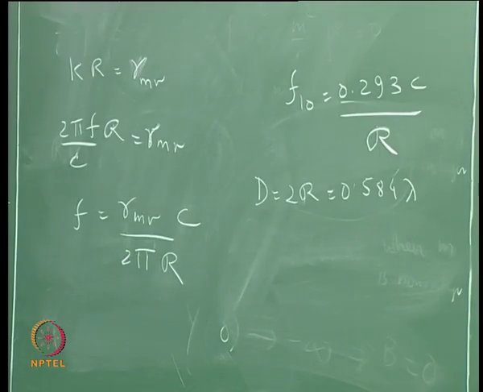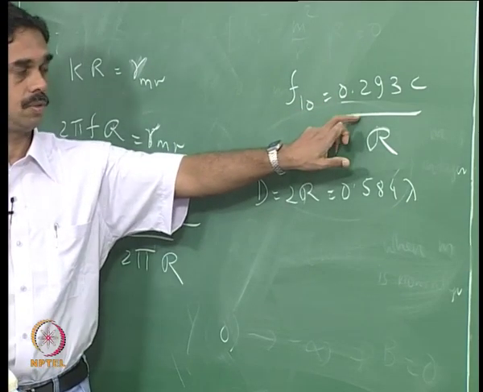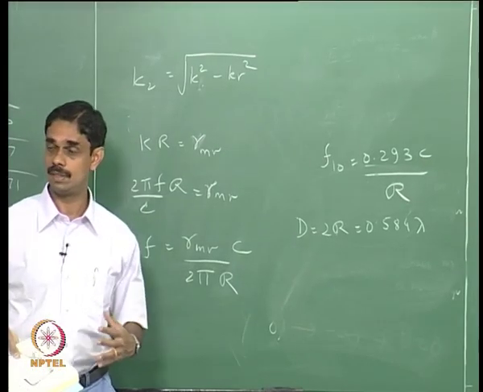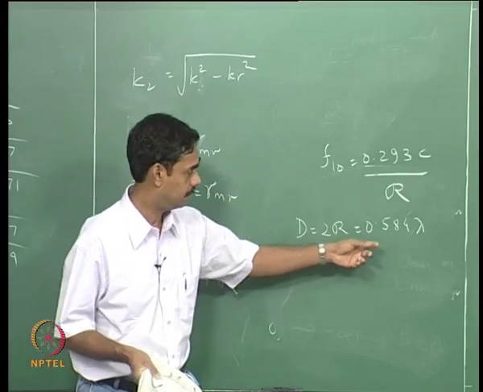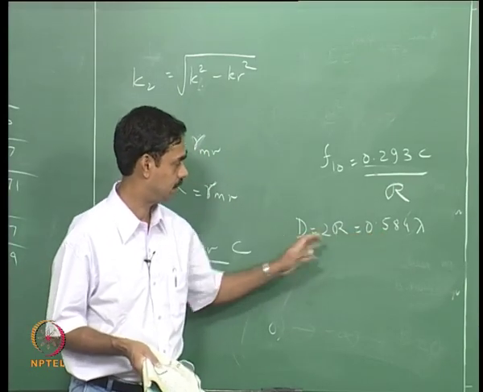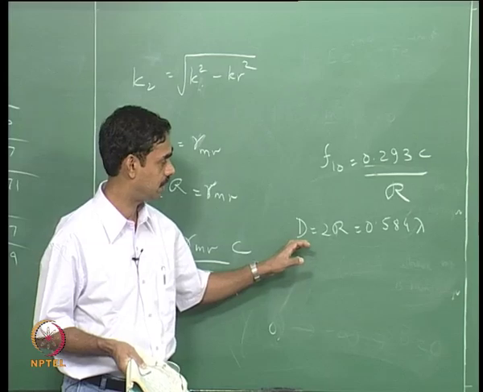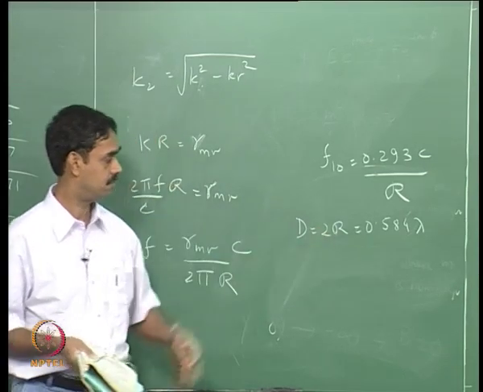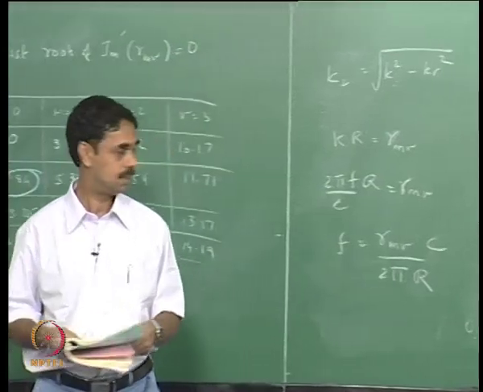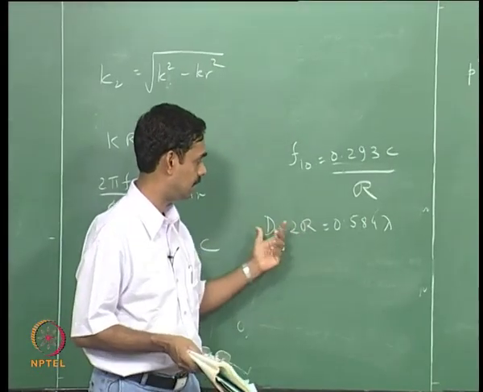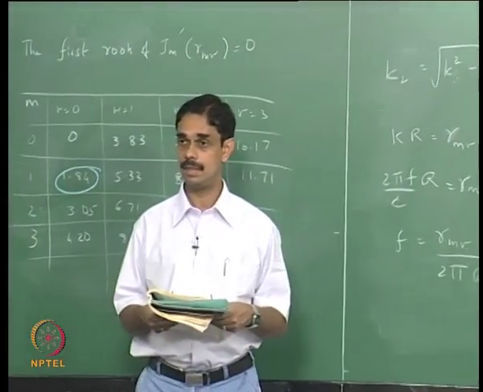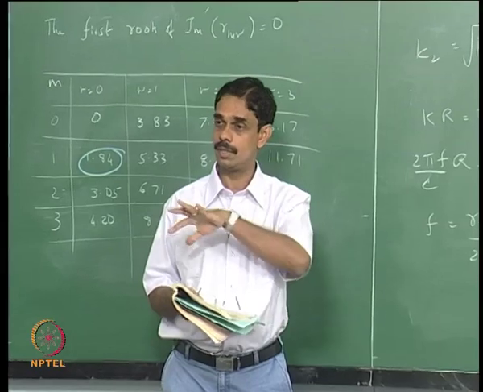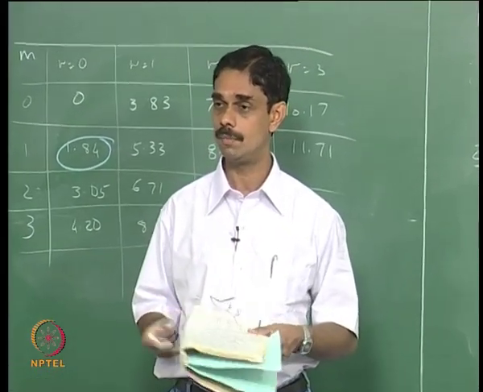So you have to have frequencies which are higher than what you get from this formula to be able to establish a radial mode in a duct. Anything lower would only be there locally and you will not propagate. Or the wavelength should be shorter than d divided by 0.584. Or you can think the other way: for a given wavelength, the duct diameter has to be about half the wavelength, and below that you will not be able to set up these radial modes, you will only be able to have plane waves.